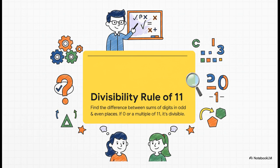You add up the digits in the odd positions, the first, the third, the fifth, and so on. Then you add up the digits in the even positions. Finally, just find the difference between those two sums. If that answer is 0 or 11 or 22, basically any multiple of 11, then bingo, the whole number is